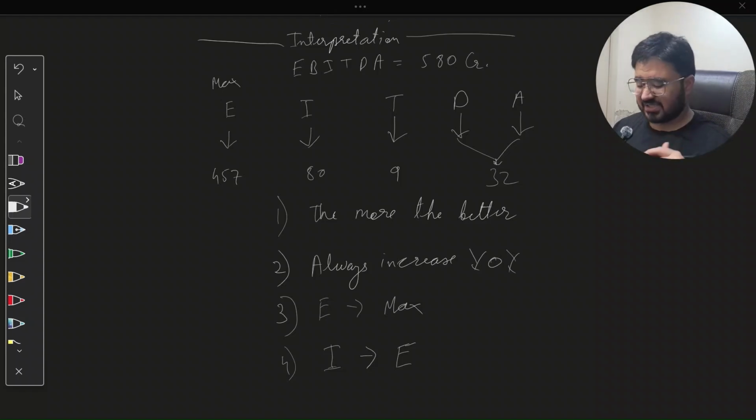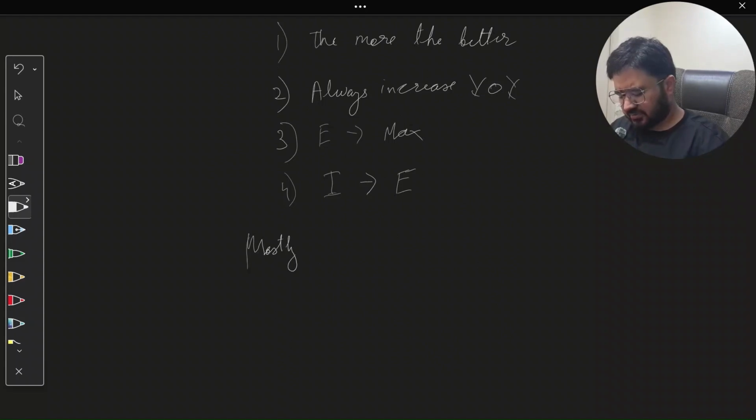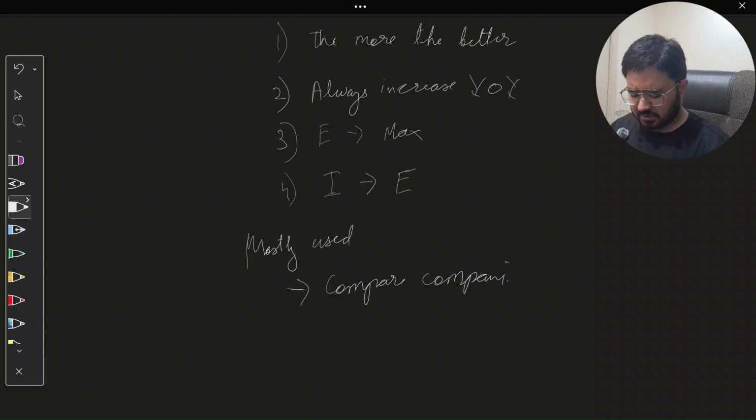Now this point brings us to the case where it is mostly used. Mostly used, pardon me for my handwriting, is to compare companies excluding the noise. By noise what I mean is in which country you operate, country, city,